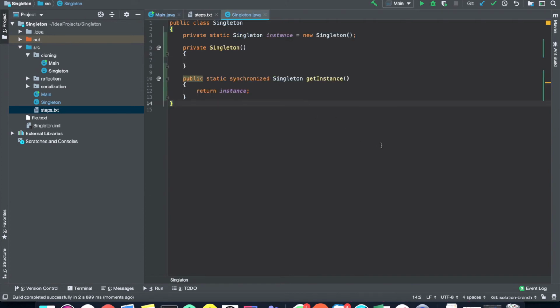The con of this eager approach is that if the application does not need the singleton instance, it is still created when the application is launched.